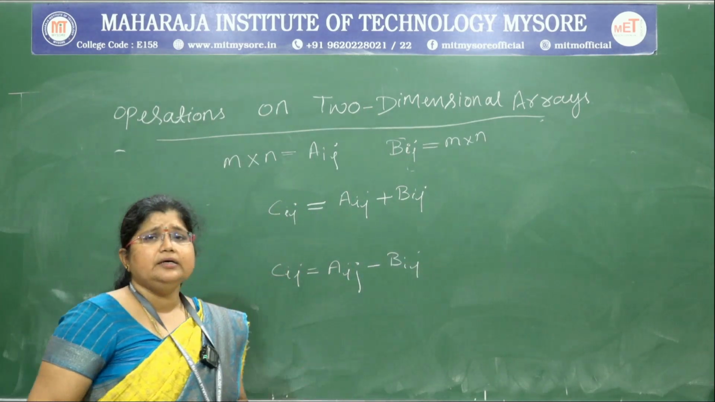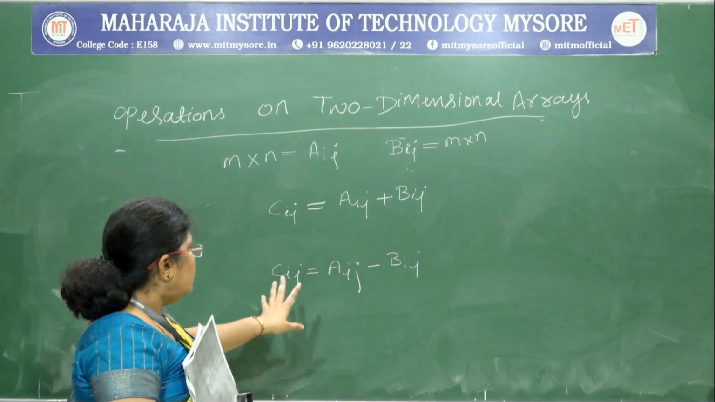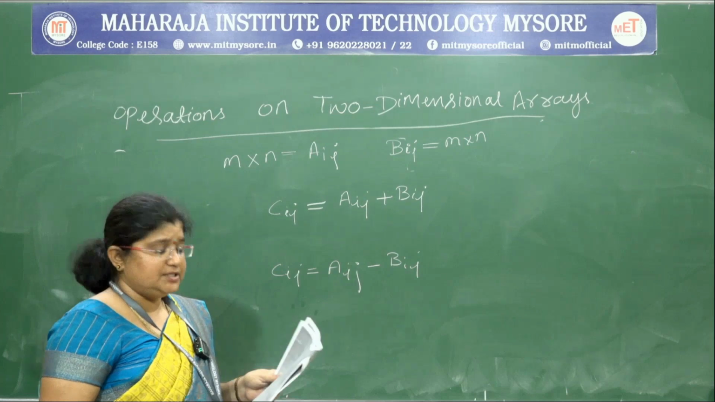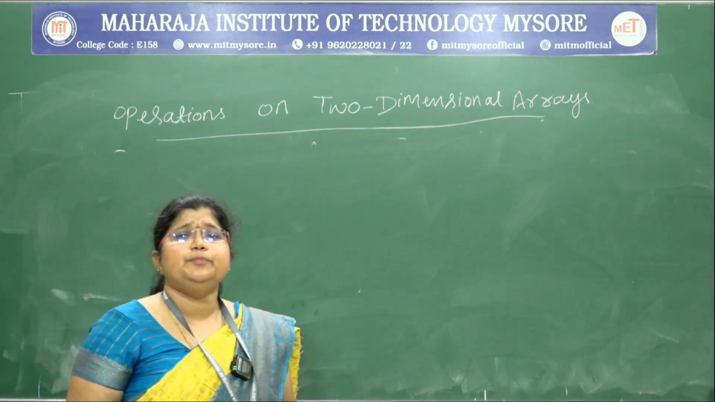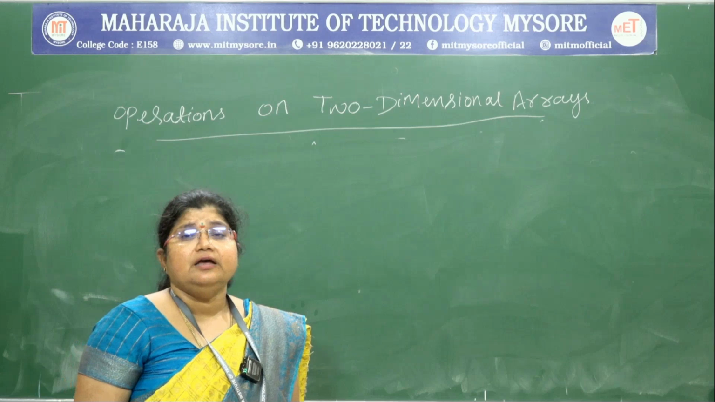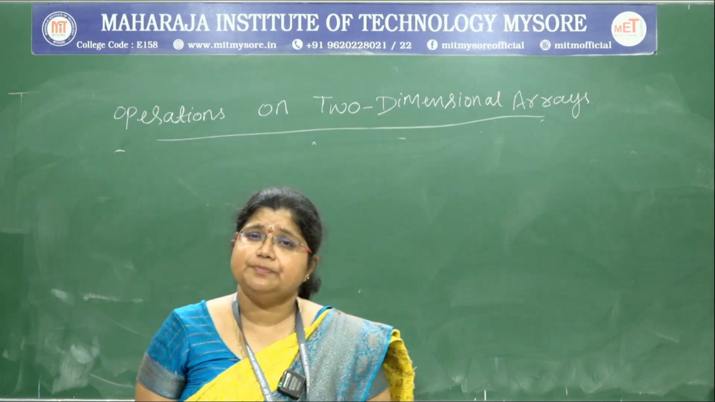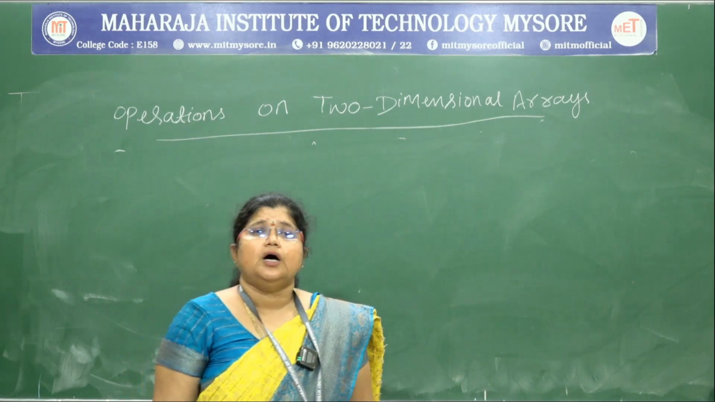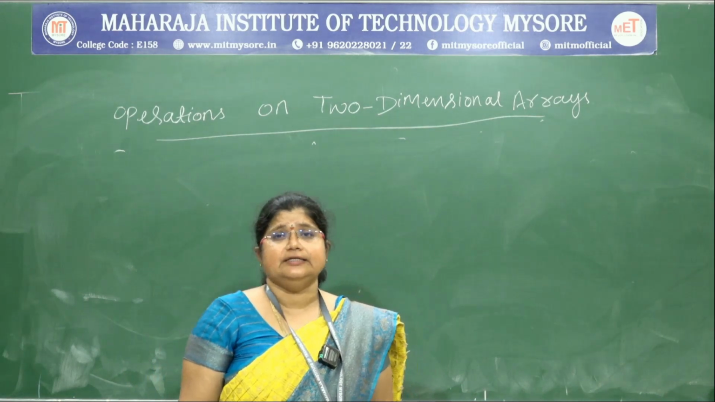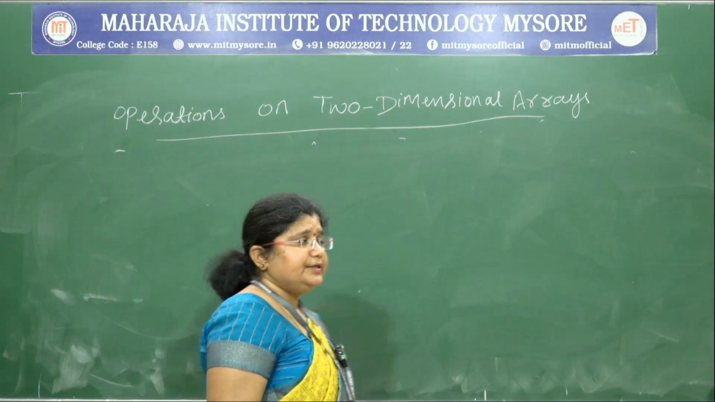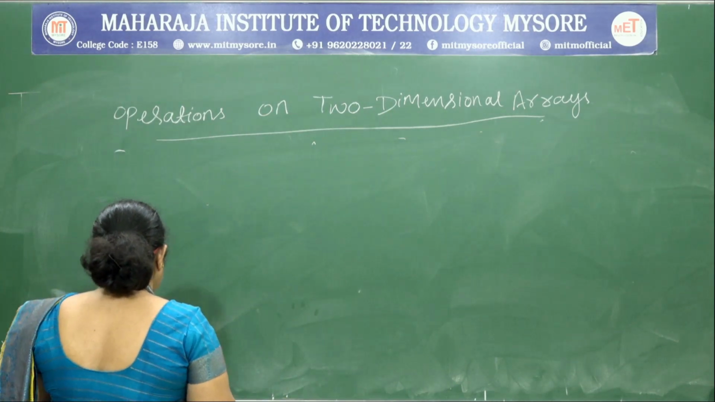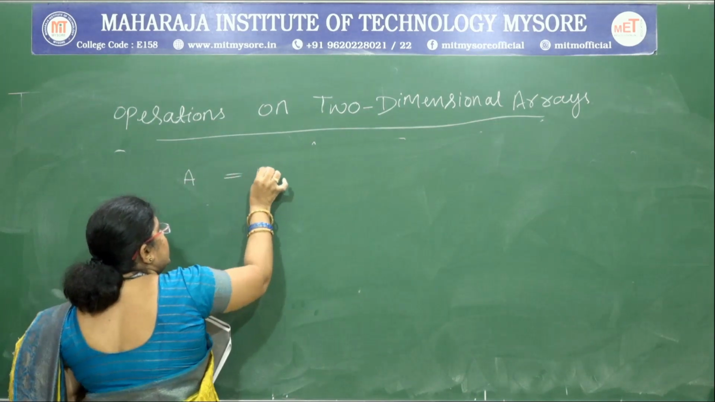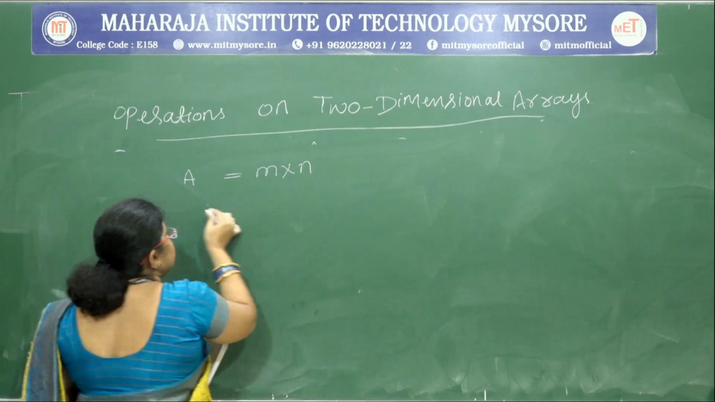This gives you the difference between the two matrix elements. The next operation here is product, that is multiplication. Whenever we are performing the matrix multiplication, we have to follow certain rules to obtain the matrix result, that is a product. So here in this case, if a matrix A is equal to M cross N and matrix B is equal to P cross Q,